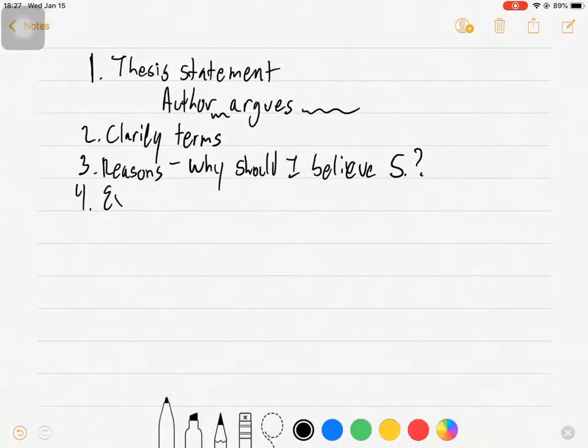And then we also need to see you explain. Specifically explain the reasons. Simply stipulating, that's the word, simply stipulating that somebody has reason X for conclusion Y doesn't really work to motivate that reason all that well. You need to give your reader some additional information about the reason.